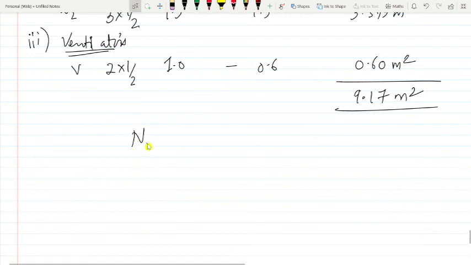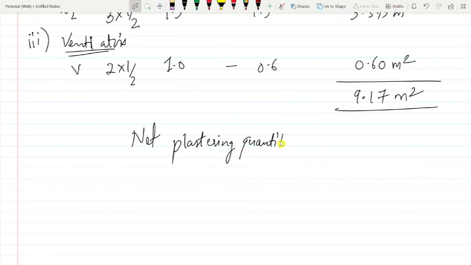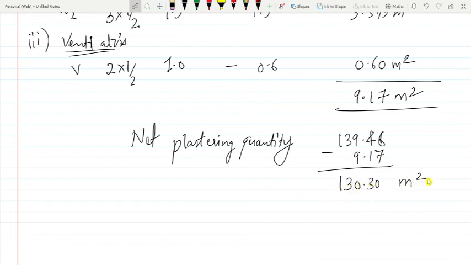Finally, get the net plastering quantity. Net plastering quantity is 139.46 minus 9.17. You get 130.30 meter square of plastering only.